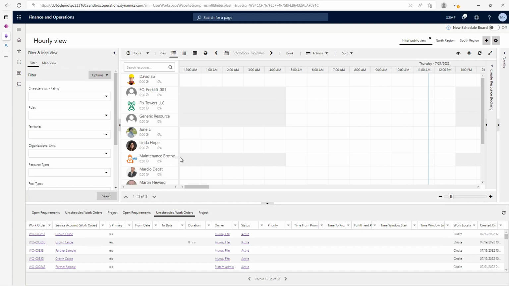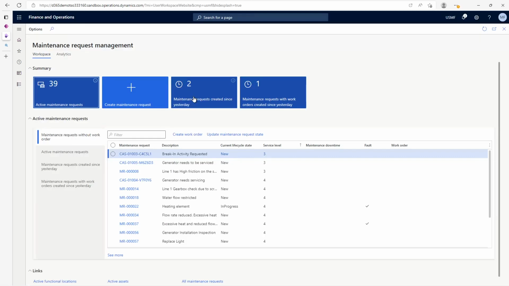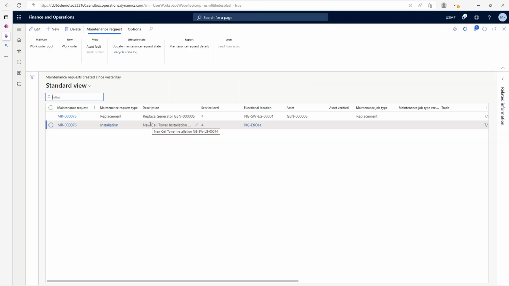If I look at this, we can see all of our maintenance requests, but also I can see the maintenance requests that have been created since yesterday. Now, if I look at that, we're going to see all the requests, and we can see that we've got a maintenance request here for an installation of a new cell phone tower. If I look at this, it hasn't been converted over to a work order yet,